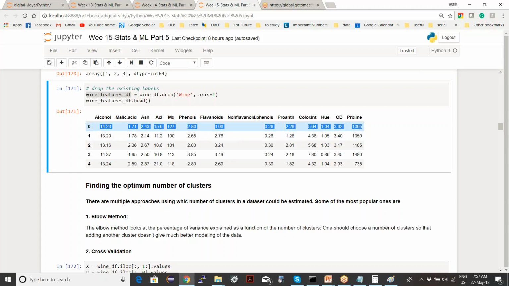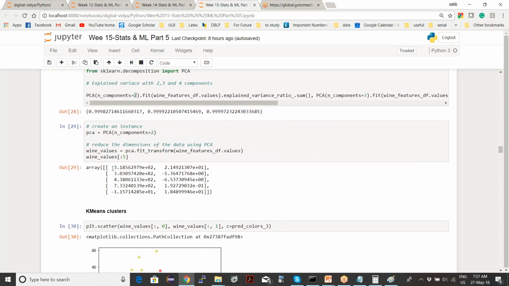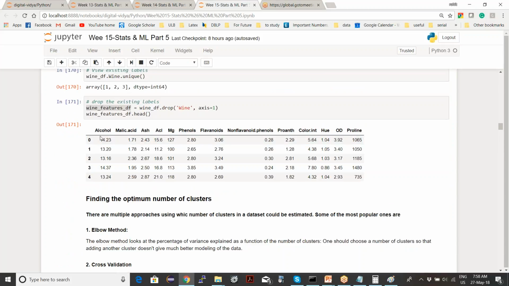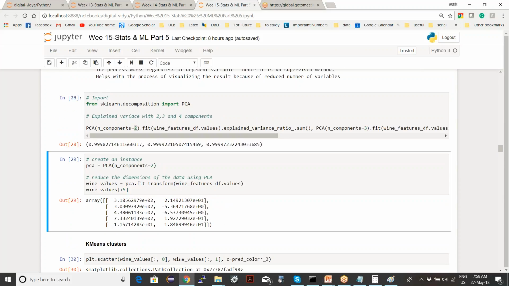It has 12 values: 14.23, 1.71, 2.43, and now this has changed to these two values, 3.1856 and 2.149. Now these features don't have any meaning, because they are a projection of those 12 features. So I cannot give a name to these features, it's just a projection.